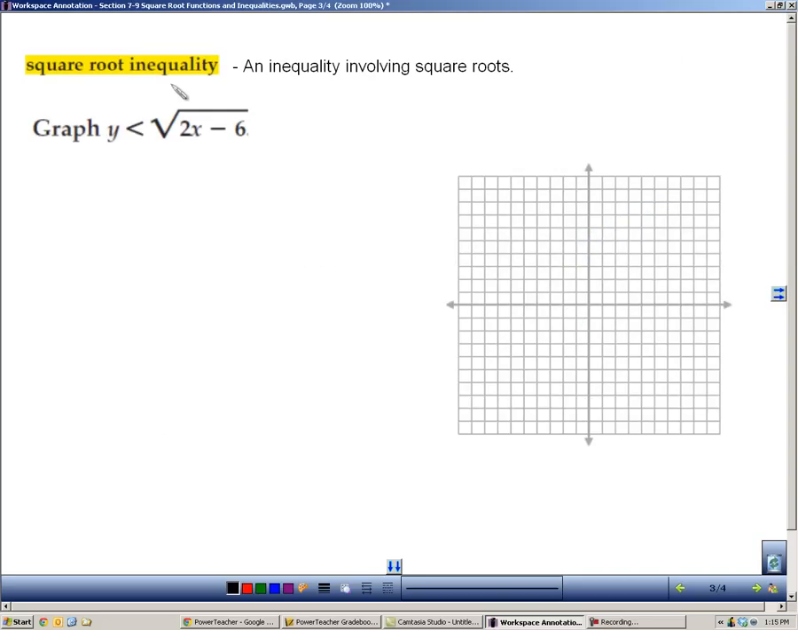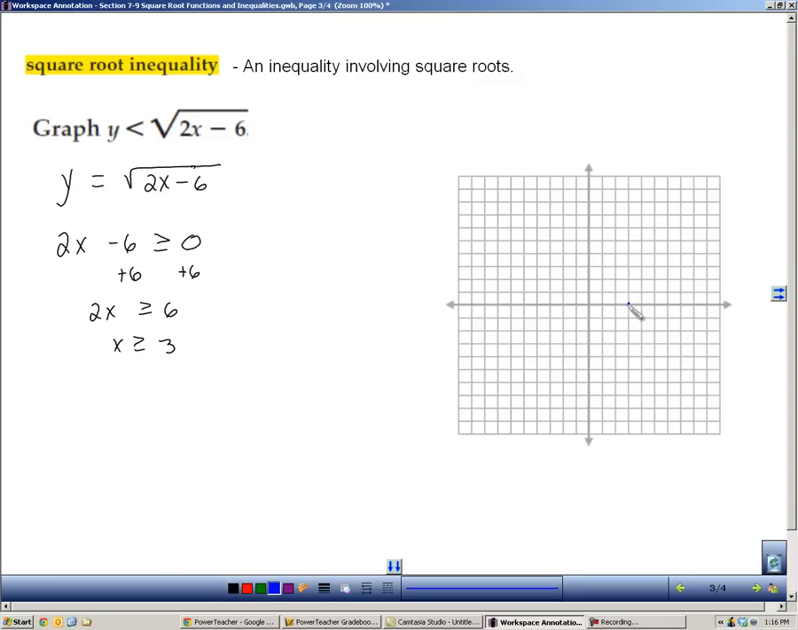Now we'll look at a square root inequality, which is nothing more than an inequality that involves square roots. Like every other inequality that we've graphed, you start by graphing the boundary, and you replace the greater than or less than sign with an equal sign. You graph the boundary, and then you figure out shading. So first I want to find out what negative values I should not use. So I'm going to solve this for x. So I know my domain is bigger than or equal to 3,